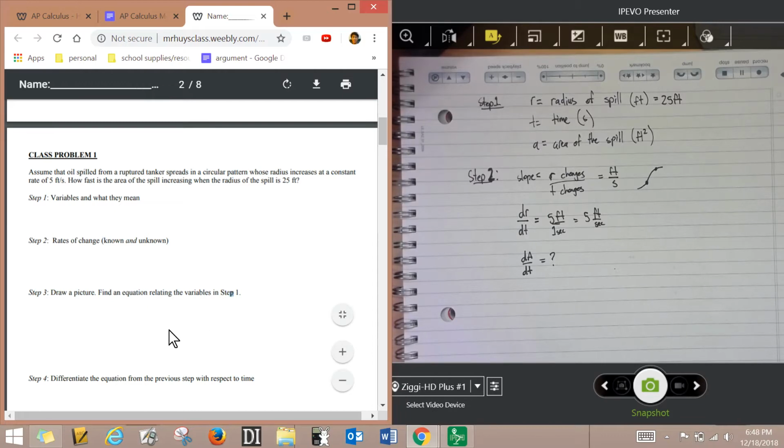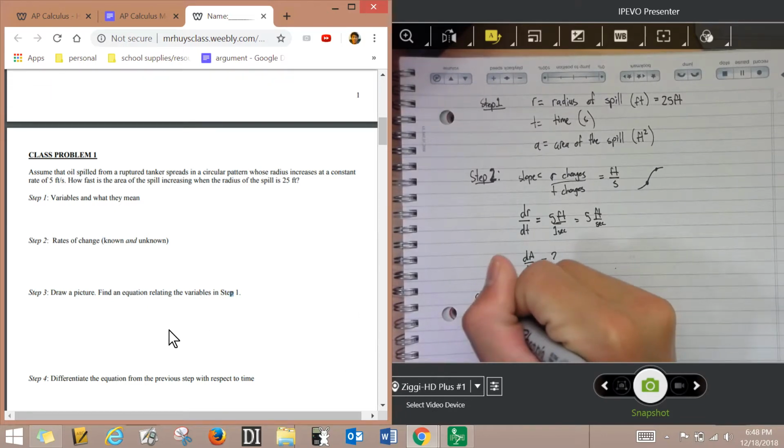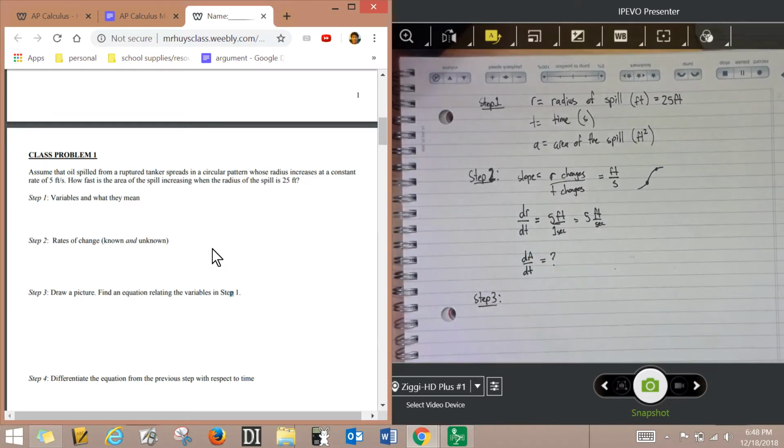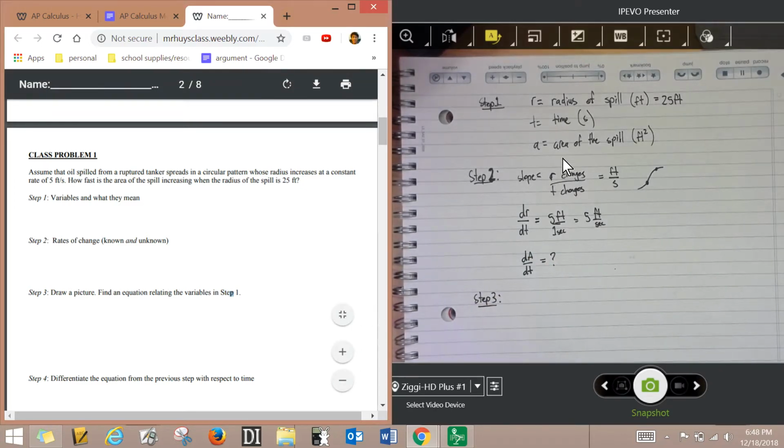So let's think of it. Step 3, I don't have to draw. Again, you don't have to do any of these steps in sequential order, or any of these steps for that matter. I just think it's a really organized way to do this. Step 3,